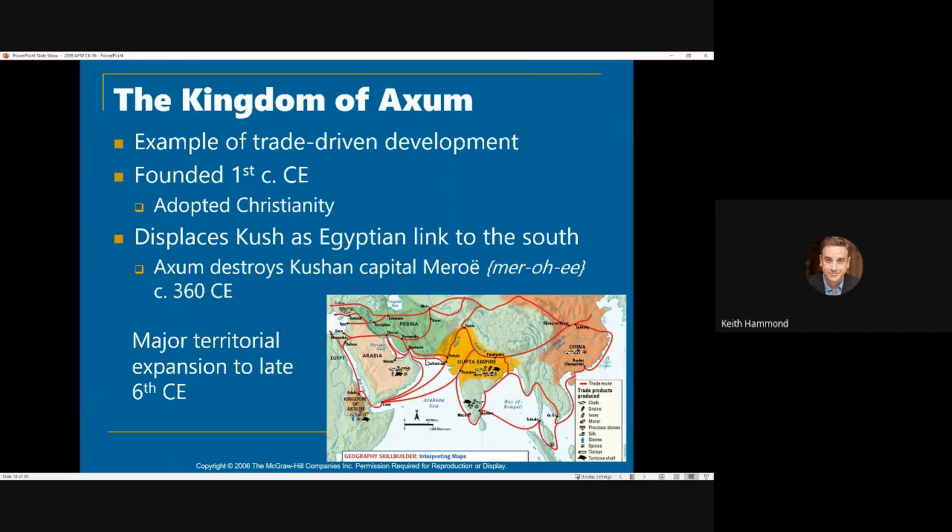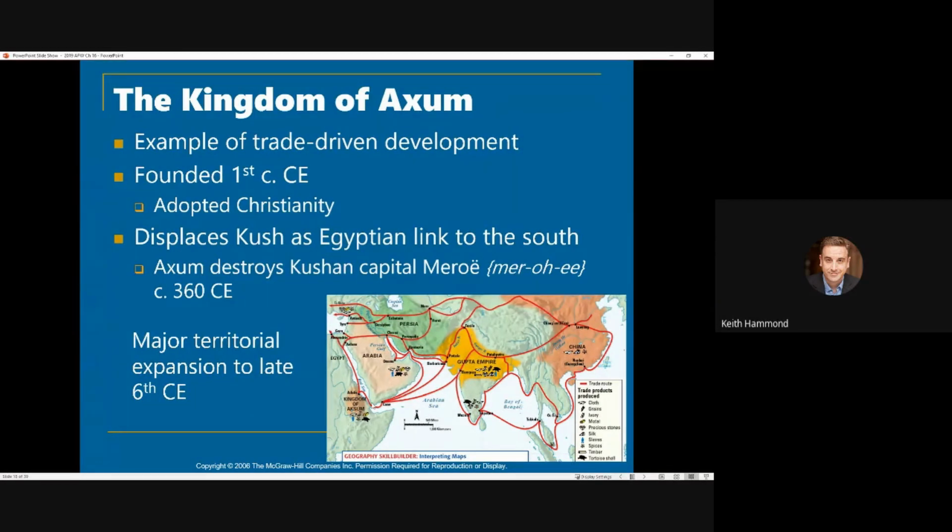The other thing we're going to notice when it comes to the building of these trade cities is that a good case study here is the Kingdom of Axum, which you'll notice is all the way over here in the Horn of Africa. Okay, so what's going to be interesting is that the Axum are going to displace the Kush, who were the people who controlled this area. And from there, they're able to grow their economy and a great city by the amount of trade that they're able to do by being on this western end of the Indian Ocean